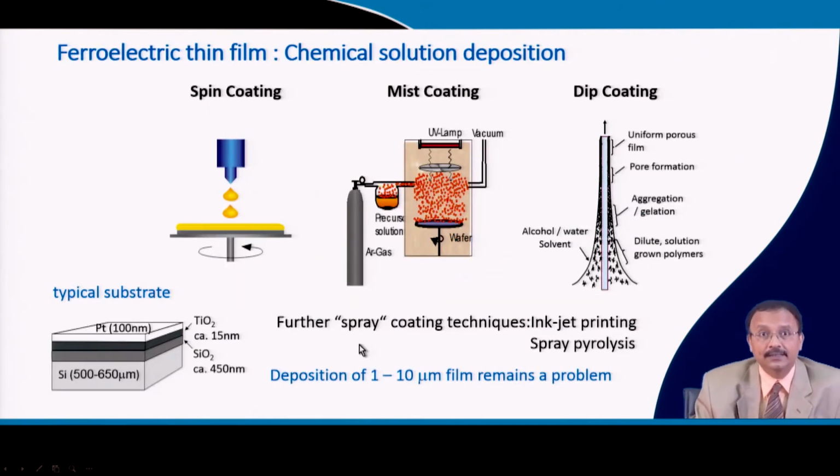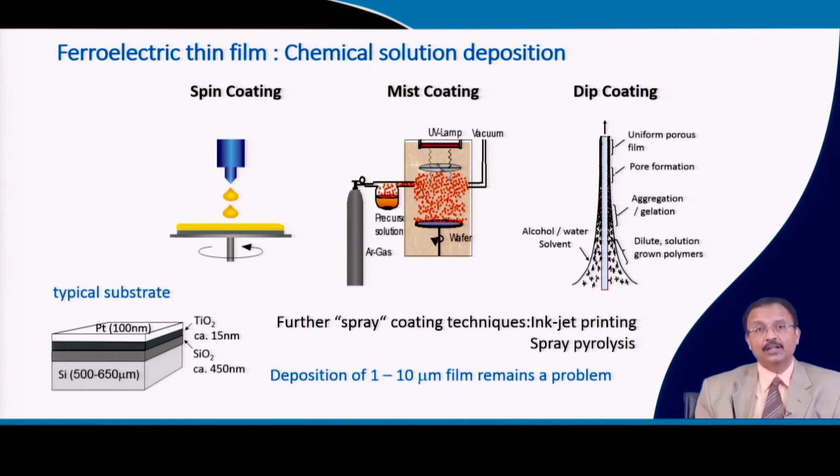Other than that, other than spin coating, the mist coating can also be used, where the wafer is kept here, and it forms a mist by passing gases here, and it deposits. It can also be deposited by dip coating technique, which I already described in one of my earlier lectures. So, inkjet printing can also be done, or spray pyrolysis is another thing to coat this substrate uniformly by these